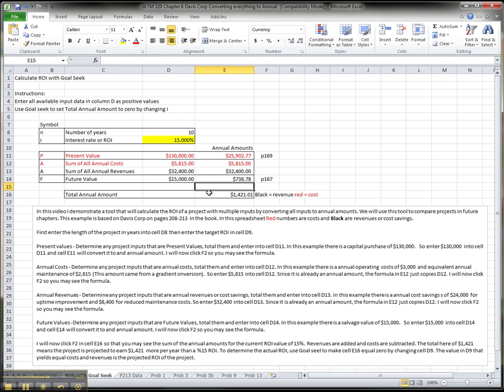I'll now click F2 in cell E16 so that you may see the sum of the annual amounts for the current ROI value of 15%. Revenues are added and costs are subtracted. The total here of $1,421 means the project is projected to earn $1,421 more per year than the target ROI of 15%. To determine the actual ROI, use GoalSeek to set cell E16 equal to 0